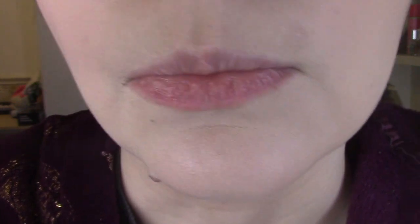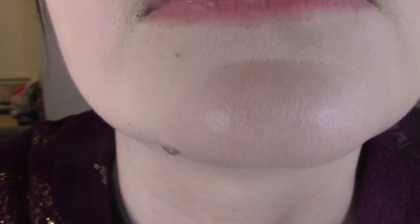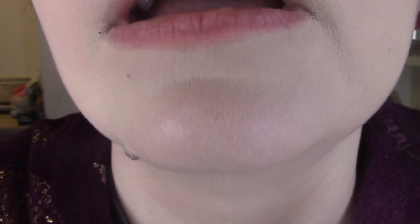Yeah, the outer parts of my face are fine. There's a little bit of texture on my chin, and I also feel like it looks a tiny bit red on my chin, which is making me think that it's kind of breaking down a bit, because obviously my skin naturally has some redness in it, so I think maybe it is starting to break down a bit. My chin,